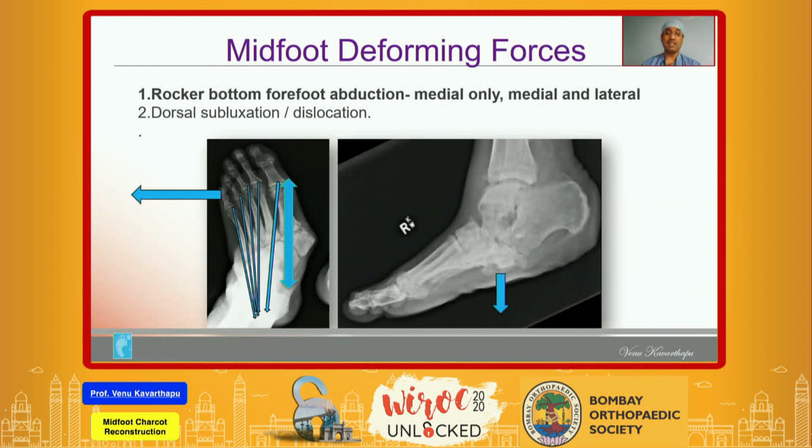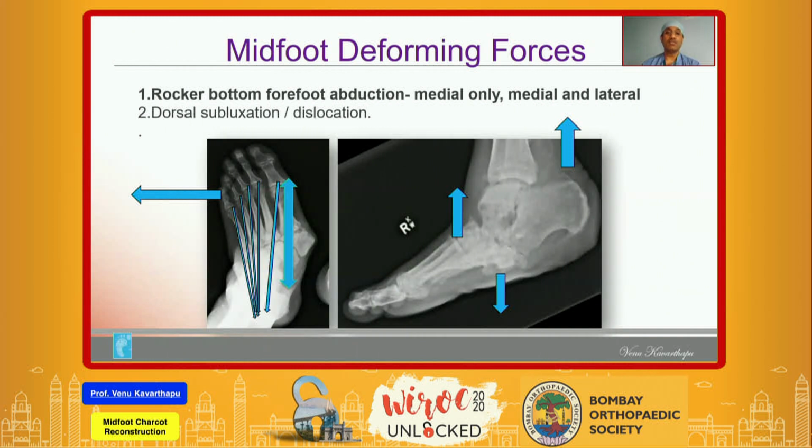But if you look at the sagittal plane, as the midfoot collapses in the medial column, that drives the hindfoot into equinus, and also the tendoachilles gastrosoleus complex will pull that segment, whereas the tibialis anterior will pull the anterior